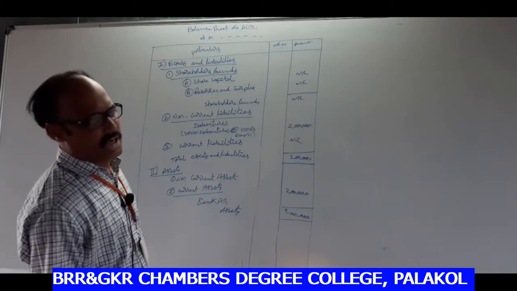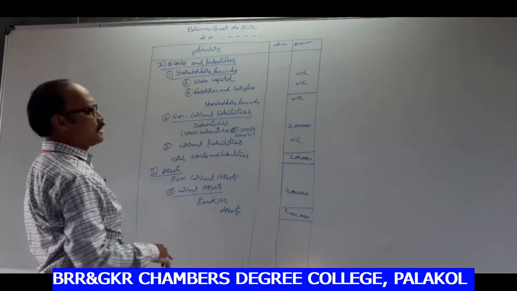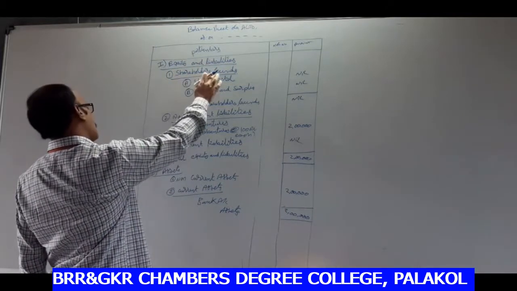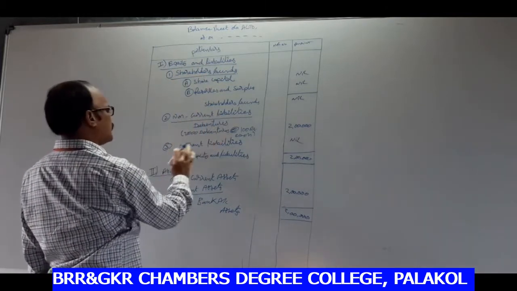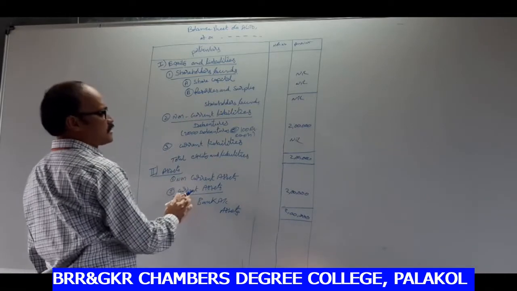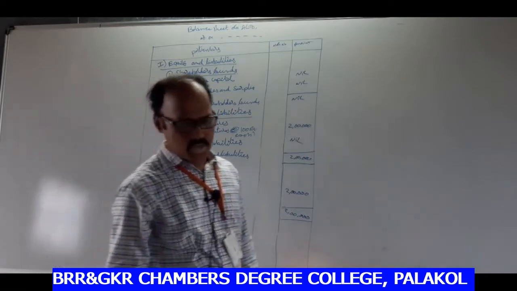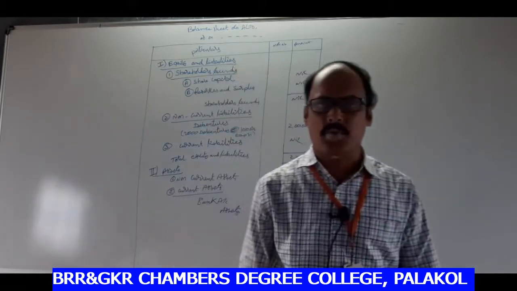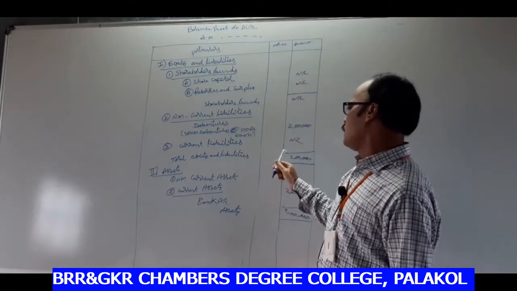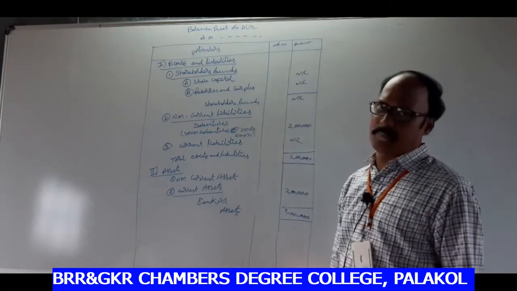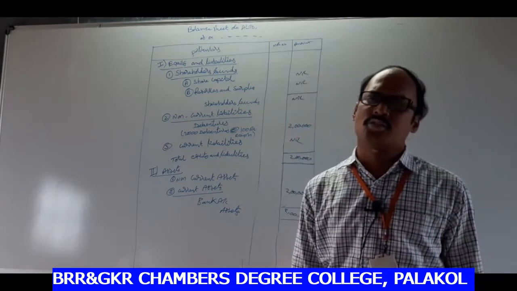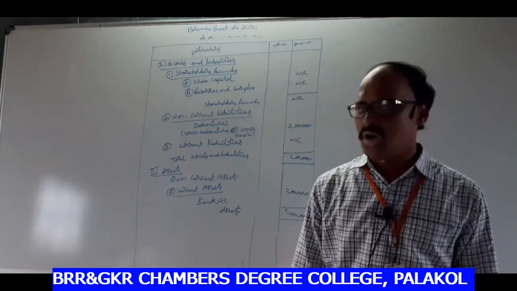The procedure of the balance sheet is, first, equity and liabilities: shareholders' funds, non-current liabilities and current liabilities. Next, assets: first non-current assets, second current assets. So this is the procedure of the balance sheet. Here the assets equal the liabilities of A Limited Company. This is a simple problem whenever the debentures are issued at par.